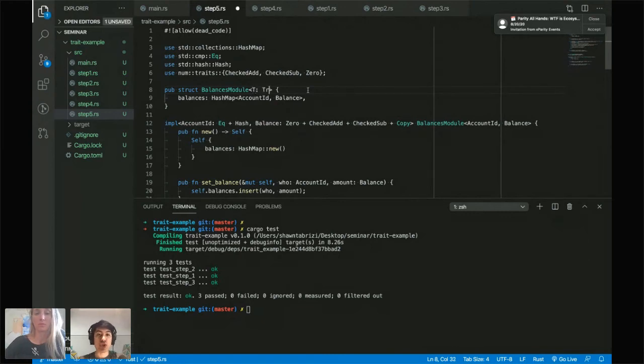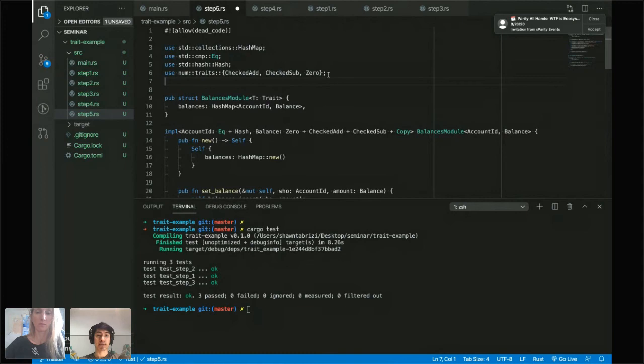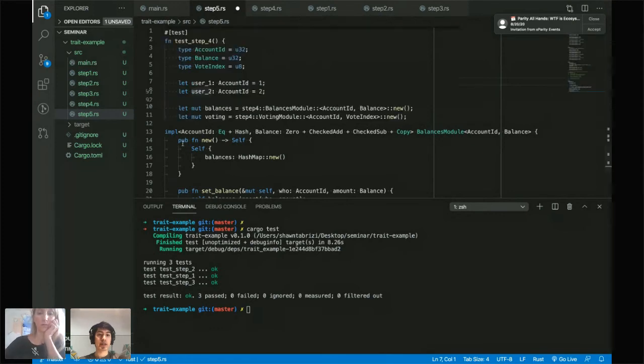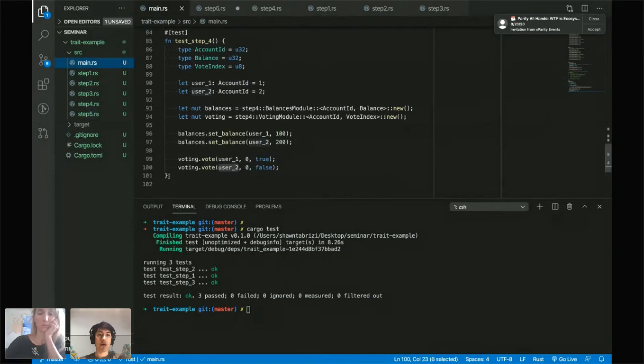So here is some generic type which must implement this trait. Now, naming is not super great here. It's what Substrate uses, so I'm just going to continue to use it too. But I'll have to define at some point some trait. Maybe I can actually do that first, and then it will be more clear how we're going to use it. So in step 5, I don't want to define all of these types over and over again.